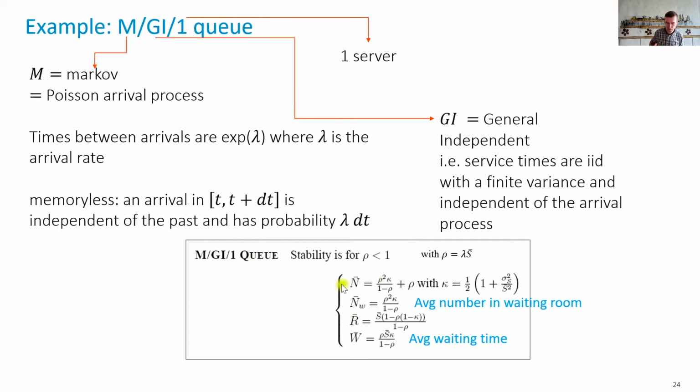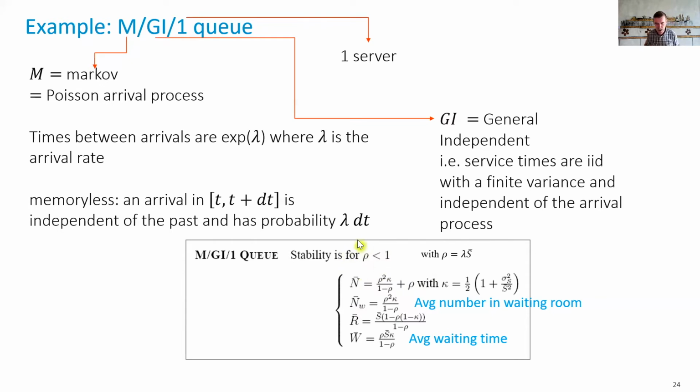The first formula is N bar. N is the number of customers. So the average number of customers in the queue, which is a time average. If I sample the queue at different points in time and I do in a simulation the average, or if I integrate, like we saw last week, the queue size measured in number of jobs over time divided by the total duration of my simulation, I would have an estimate of this, which is the theoretical average, which is given by this formula. This formula says that the average number of customers in the queue is rho squared